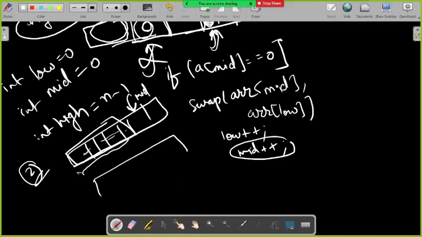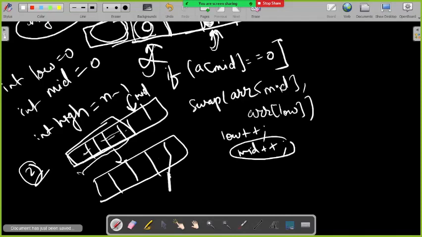Again, let's say this is my low, and at some point my mid is here. If the 0 is here, I am quite sure that at this position definitely a 1 will be there. Why this will happen, you will get to know. For now understand that I am incrementing low because I got one 0, and then I am incrementing mid. Now let's say a of mid is not 0.